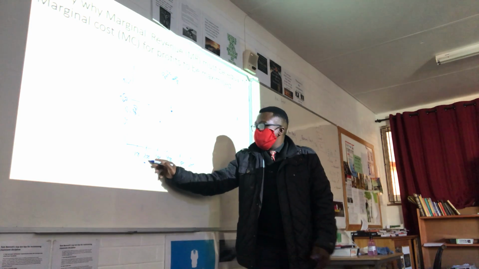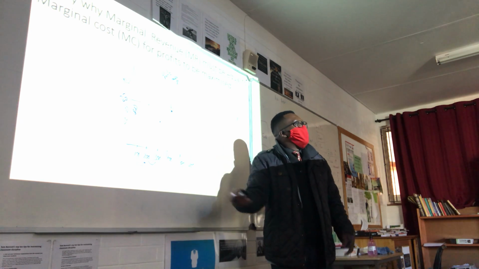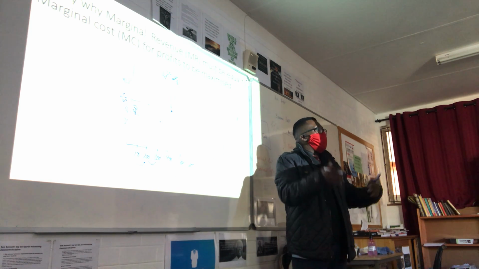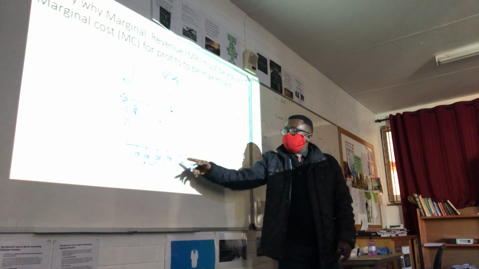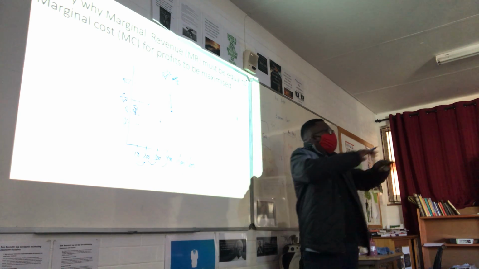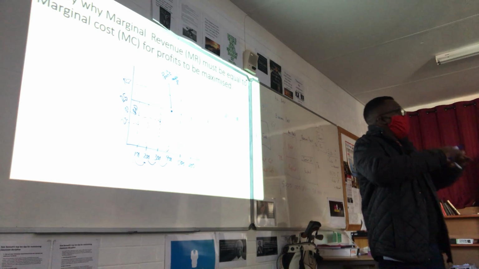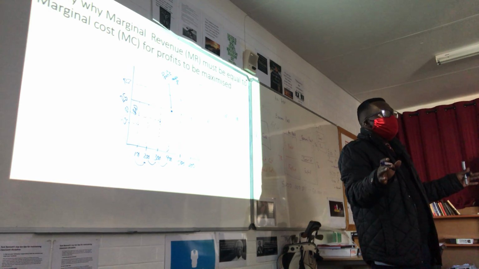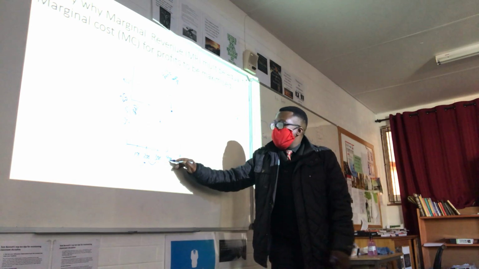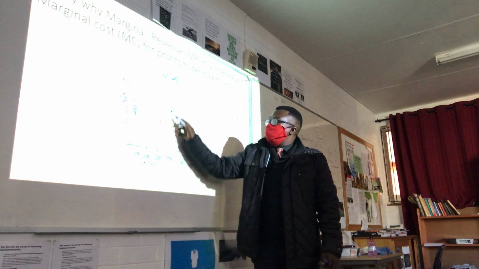They still have resources to produce more. So they decide to produce 300. Again, they're still making money, but they can still produce more because they still have space, they still have resources, up until they get to 400. After 400, they've now used the ZOM farm building to its full capacity. The ladies, there's 5 of them in there, it's packed. There's no more machines available to make ZOMs. But they can still make 400 ZOMs where they make a marginal revenue of 5 rand and the marginal cost is